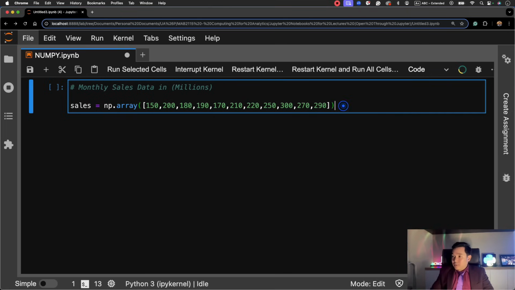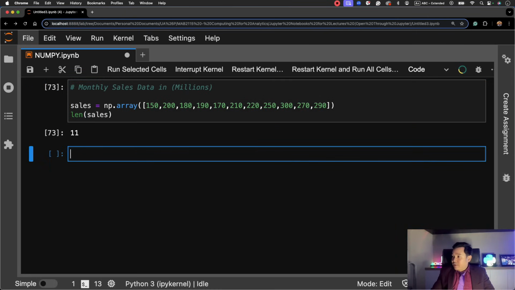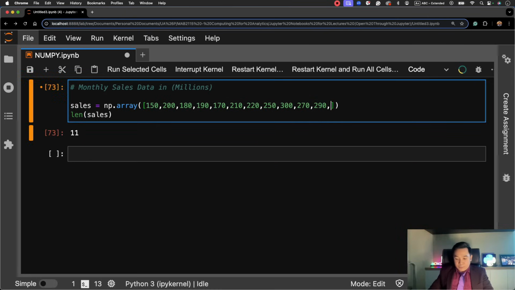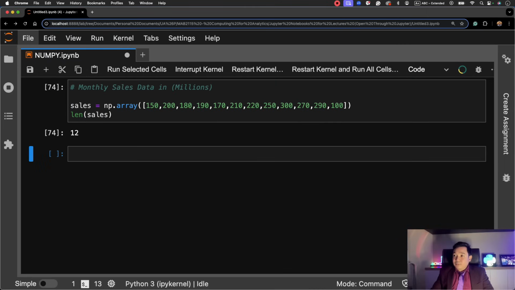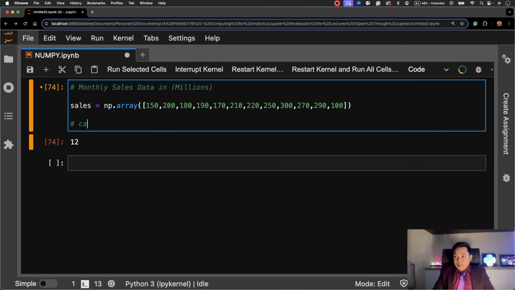So let's just verify. So it's 11. Let's have another one here. Okay, so 12 months, and we want to calculate